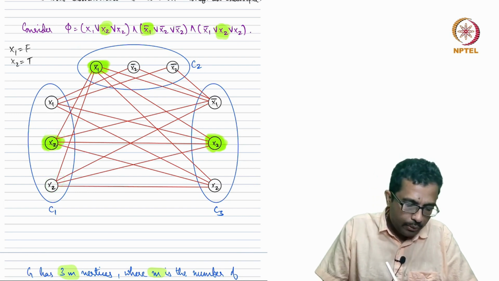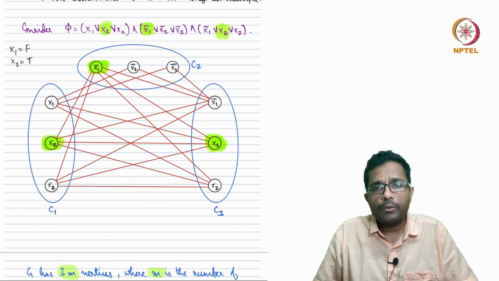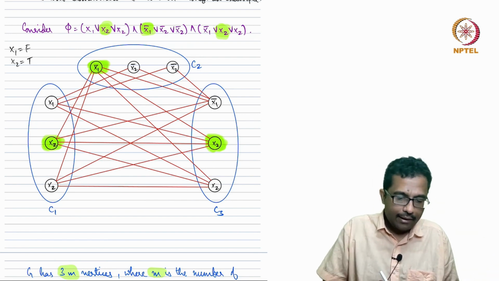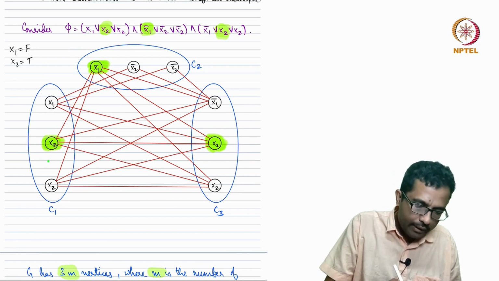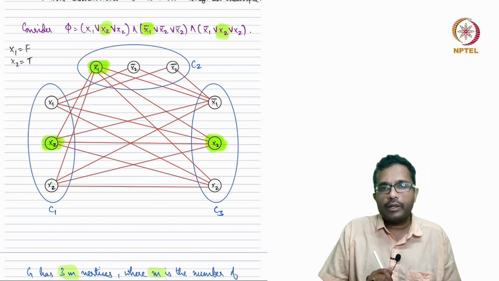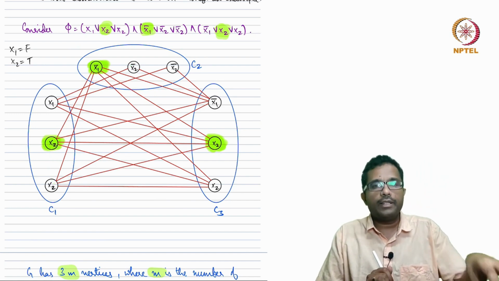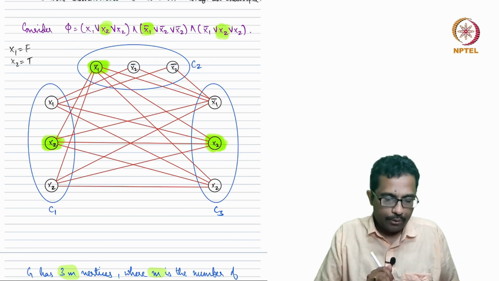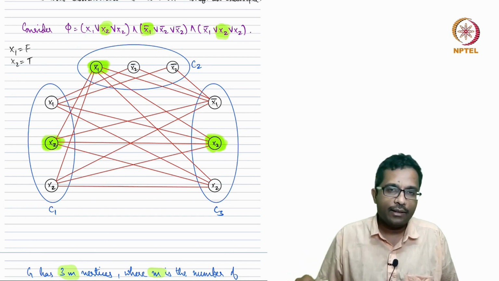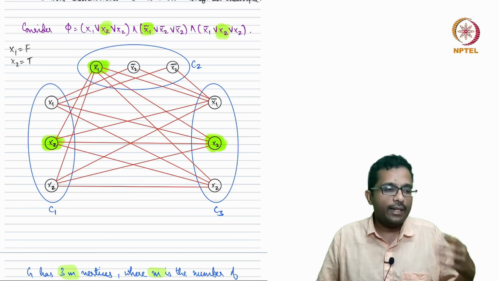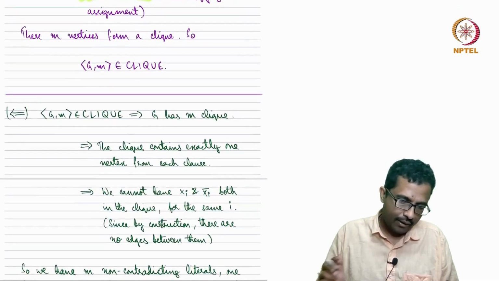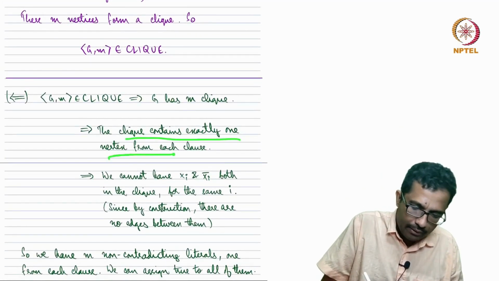So I can have at most one vertex from each group, but then there are only m groups, which means I have to have one vertex from each group. So if this graph has a 3 clique, then it has to be one vertex from each of these 3 groups, right? Because inside I am not putting internal edges, so we cannot have 2 from one group, so it has to be distributed 1 1 1, right? So G has an m clique means that each vertex in the clique comes from a distinct group, which means each group contributes exactly one vertex, right? So the clique contains exactly one vertex from each clause,